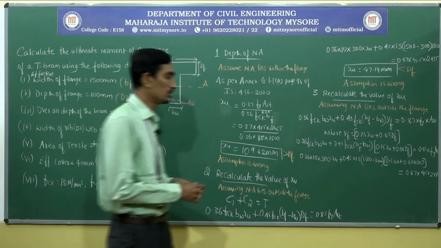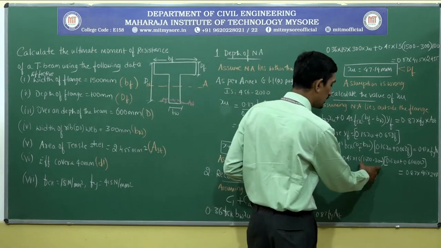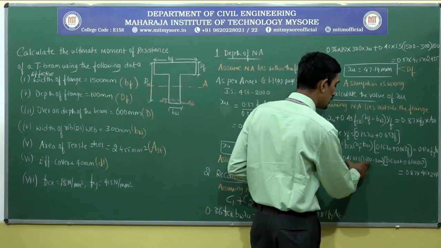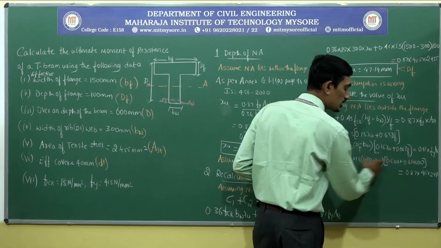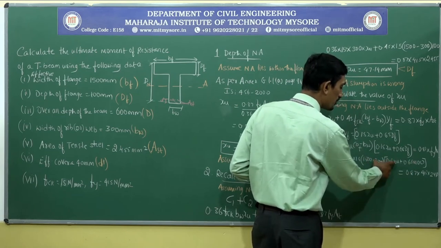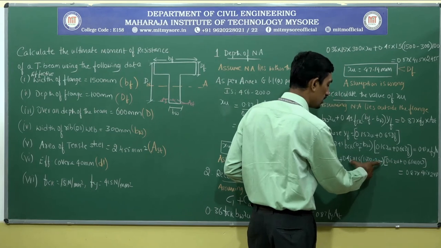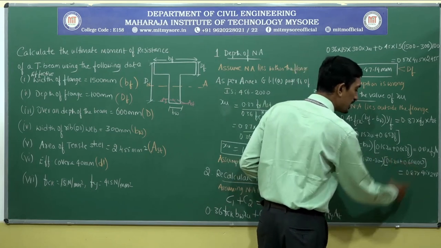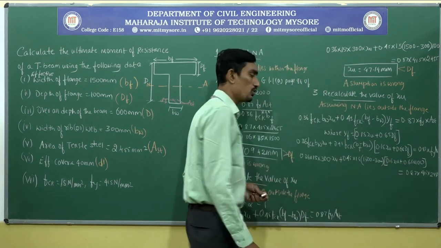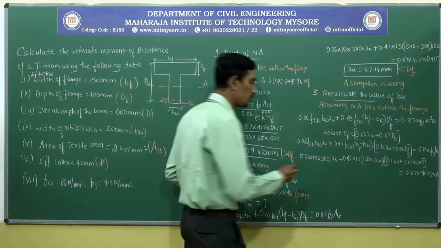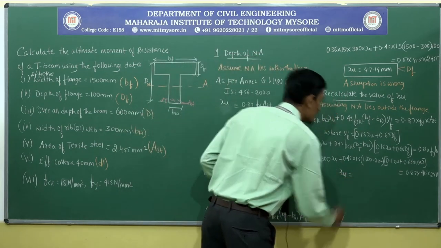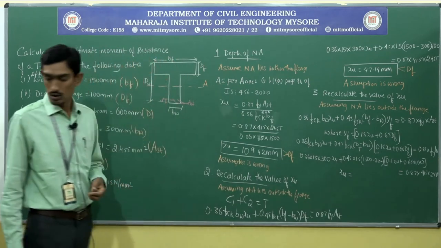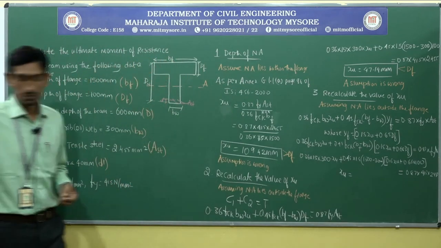So solve this. Multiply 1200 to each parameter, that is 0.15 XU into this, and then this value into 0.65 into 100. Okay, so you will arrive at the XU value. By solving this, you are going to get the value of XU equal to